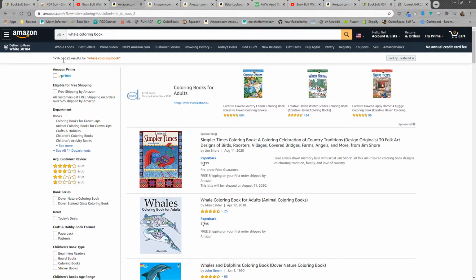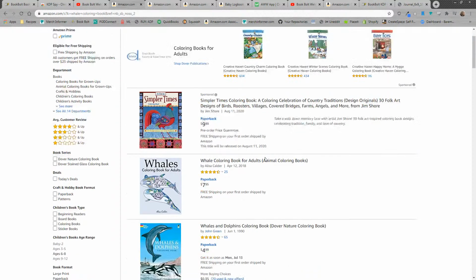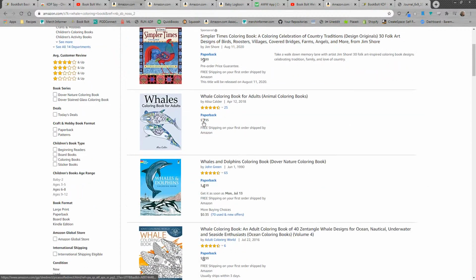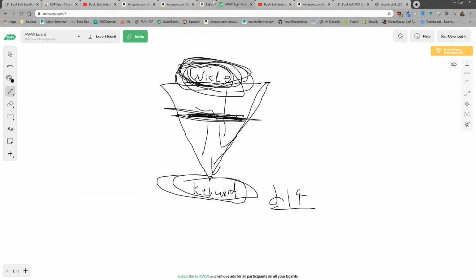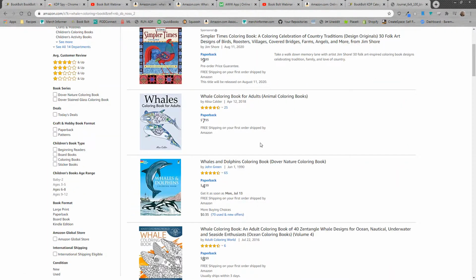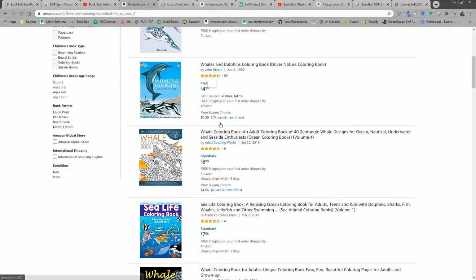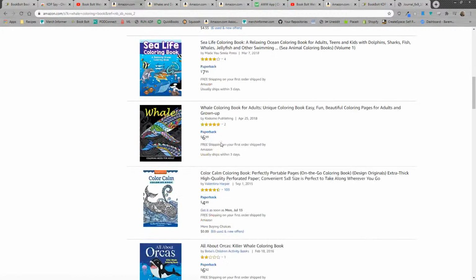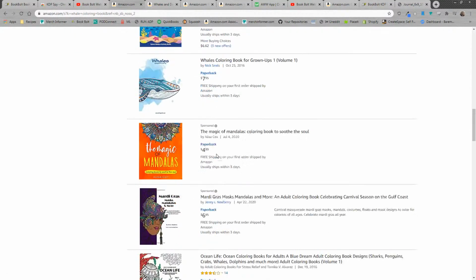The reason being, if you type in whale coloring book, let's actually look at the results. One, this is a sponsored listing, which has nothing to do with whales. This is the first one. Awesome. Let's open a few of these. All right, whales and dolphins. This one's related to whales. This one's related to whales. This one's sort of related to whales. It's sea life, okay? But a lot of the times you're going to find out